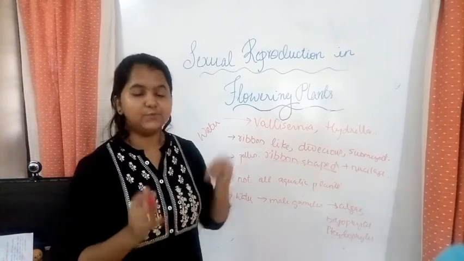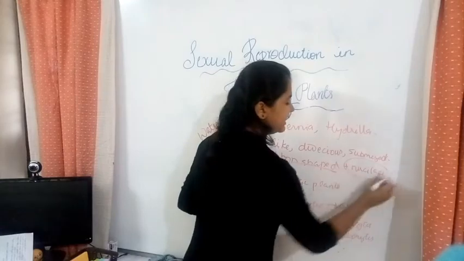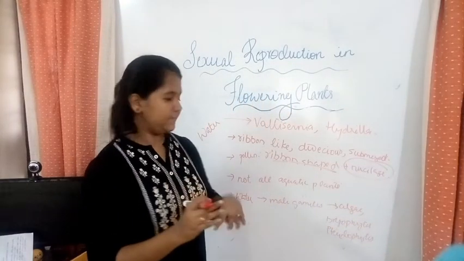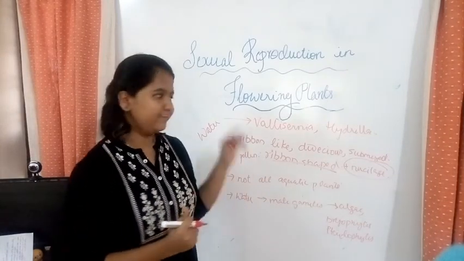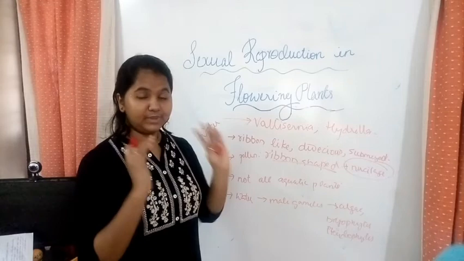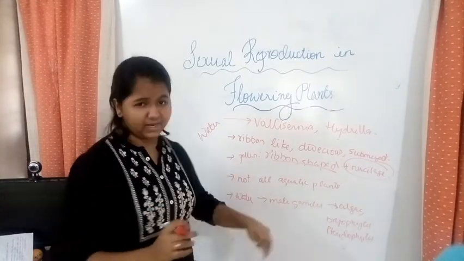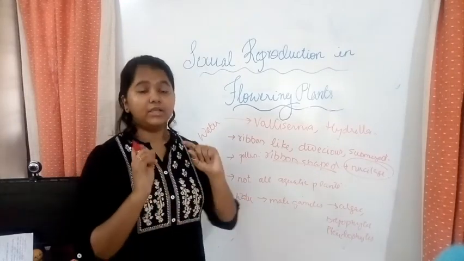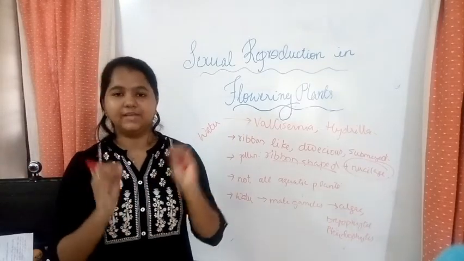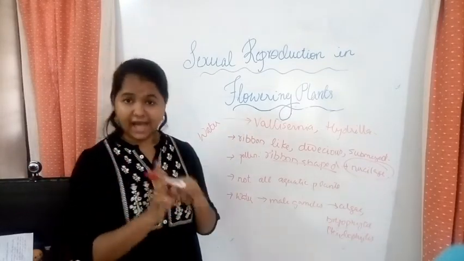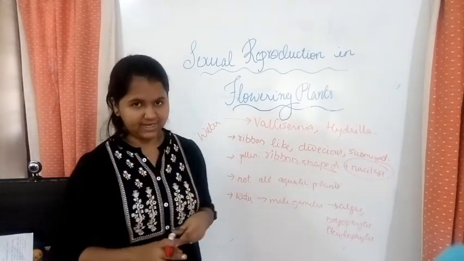What is a mucilage? Mucilage is a coating which prevents the pollen from getting wet. So the mucilage coating is important for the pollen grains. And not all aquatic plants do their pollination by water pollination. It can be wind pollination or insect pollination too. The main point is that the transfer of male gametes is usually in water for lower organisms like algae, bryophytes and pteridophytes. So that is all to talk about the water pollinators.